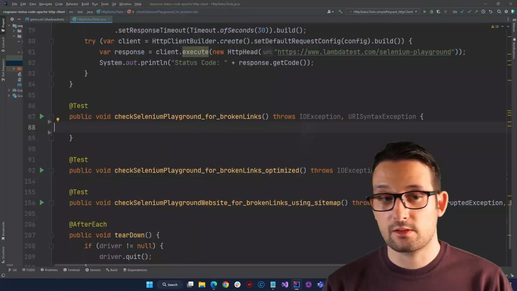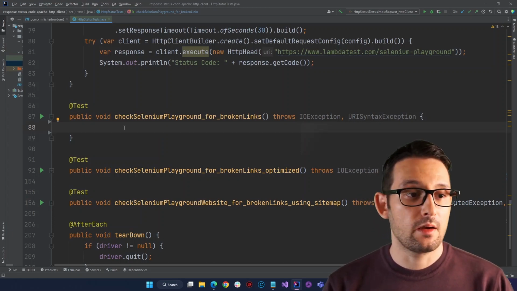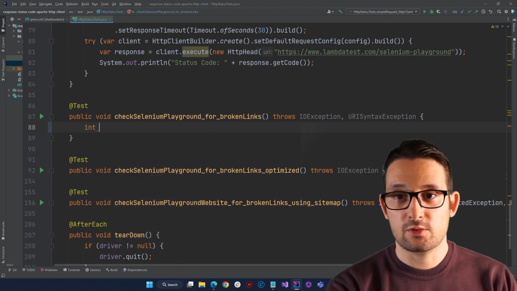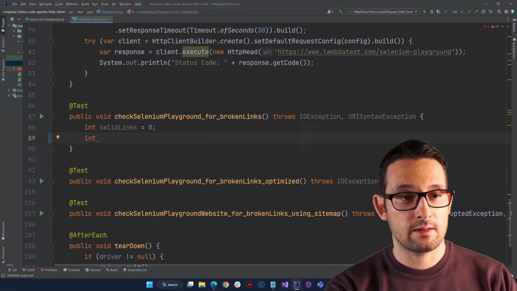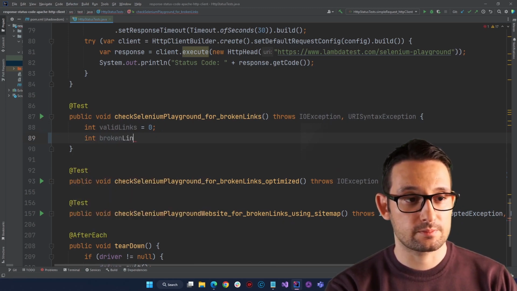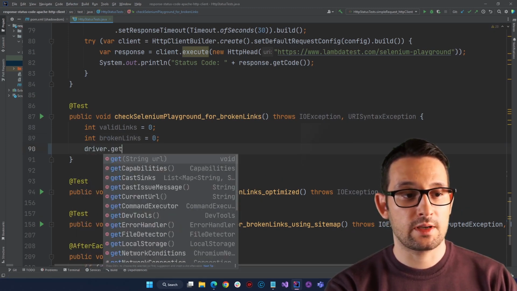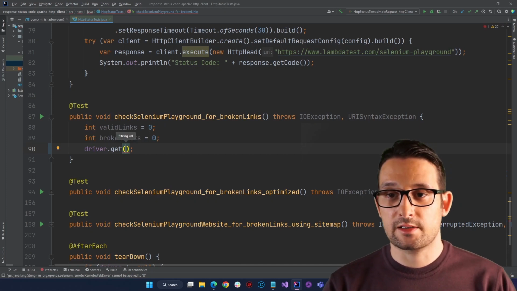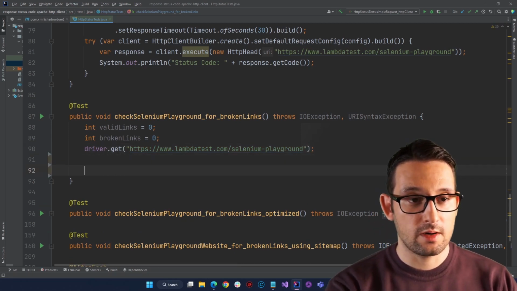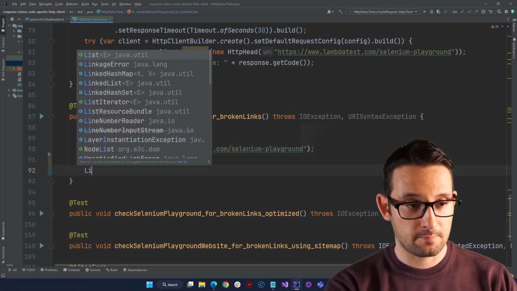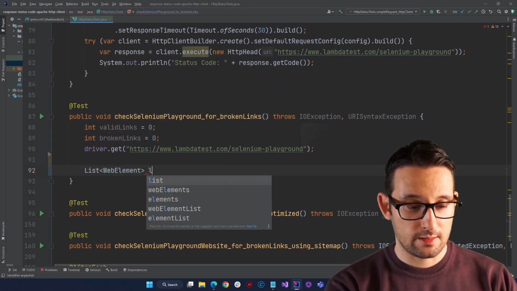Let's see how we can do that using this HTTP head approach. So first we need to define values, for example, valid links set to 0, and then broken links equal to 0. Then we need to navigate to the LambdaTest playground, and we need to get all of the links, right? So we will return a list of web elements, and let's call this link